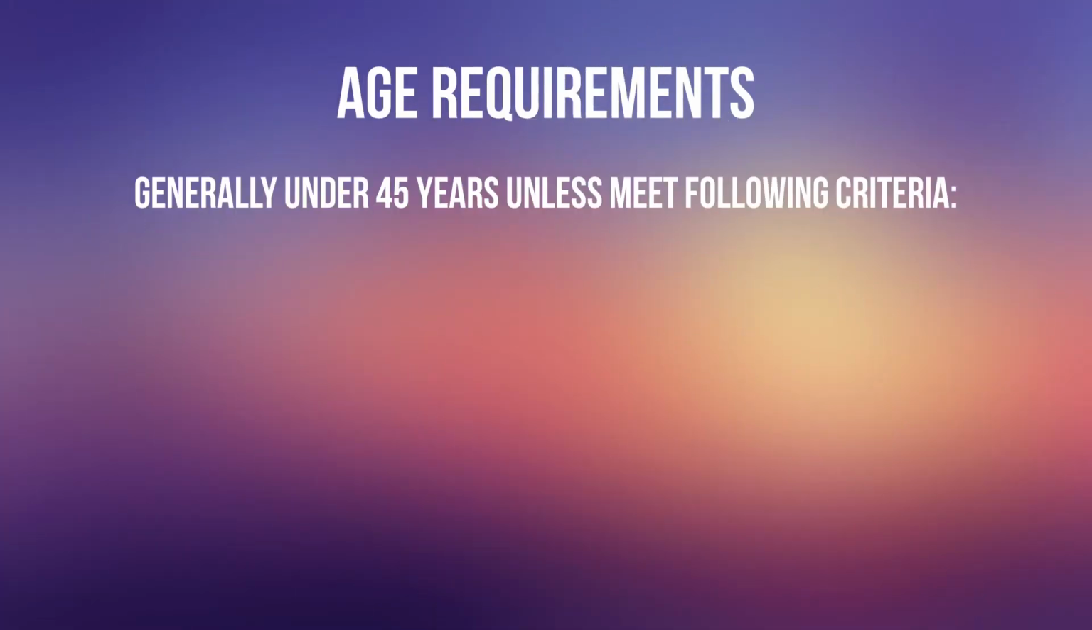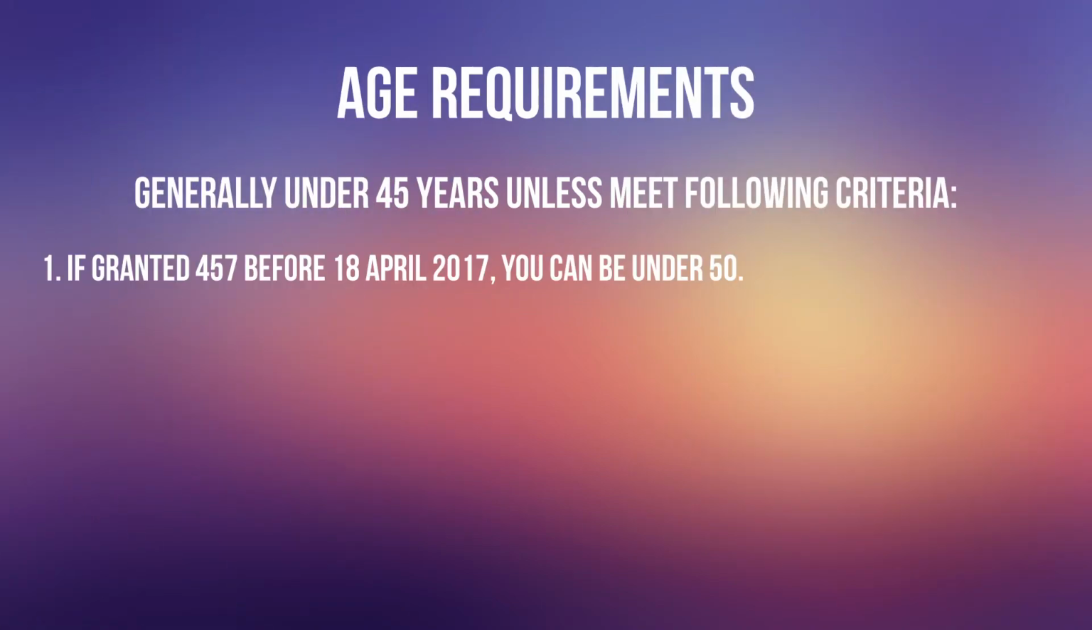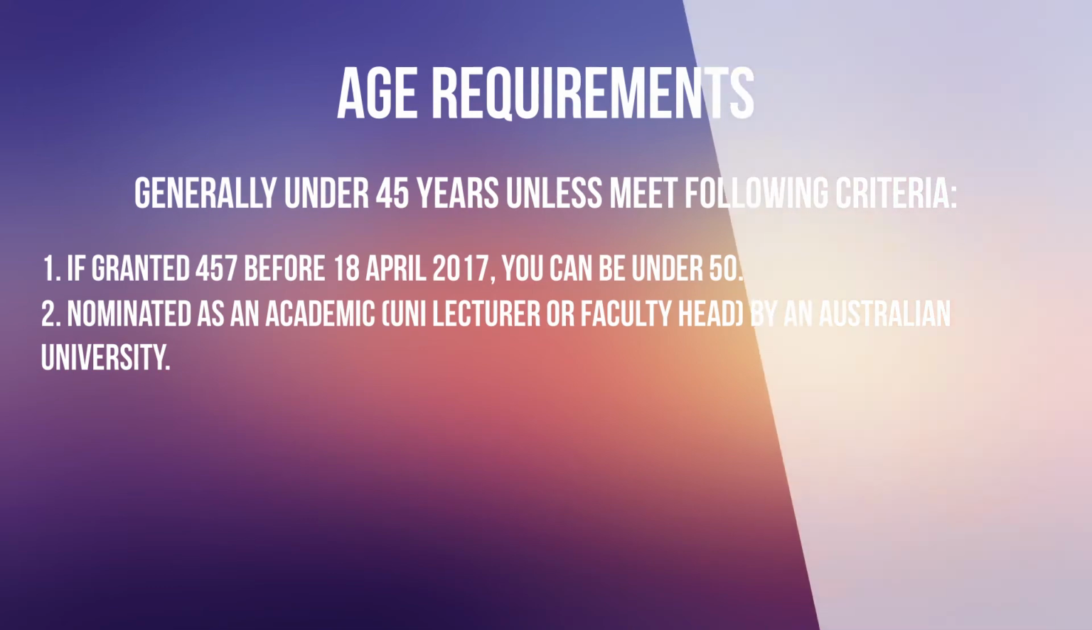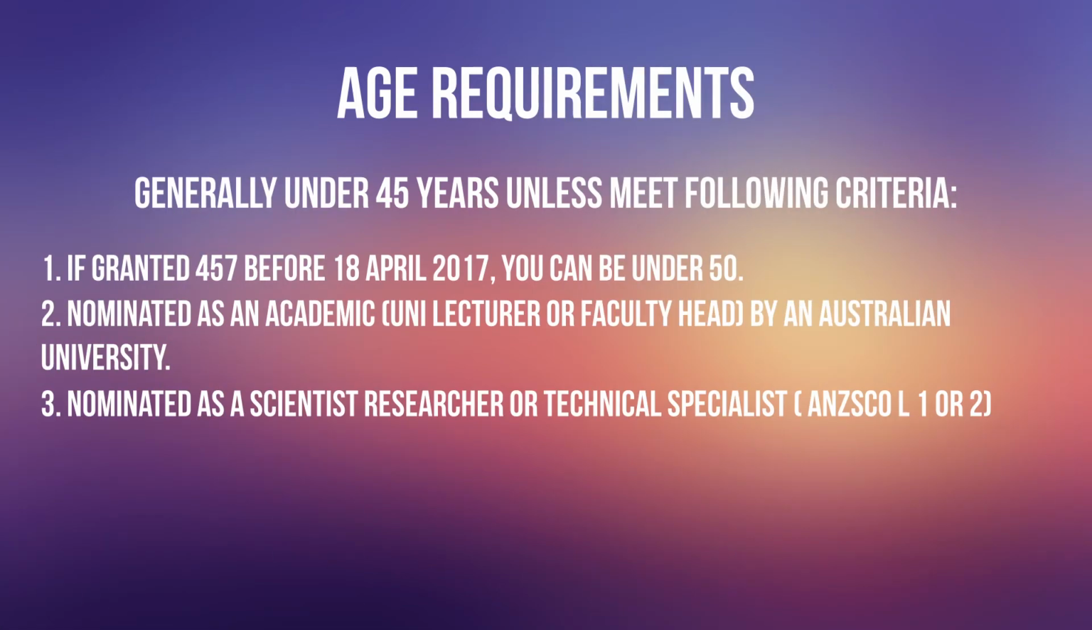Generally, this is under 45 years of age unless you meet the following exemptions. For example, you were granted the 457 visa prior to the 18th of April 2017, in which case you could be under 50 years old, or you were nominated as an academic, such as a university lecturer or faculty head at the academic levels B, C, D or E by an Australian university, or you were nominated as a scientist, researcher or technical specialist at the ANZSCO skill level 1 or 2 by an Australian scientific government agency,